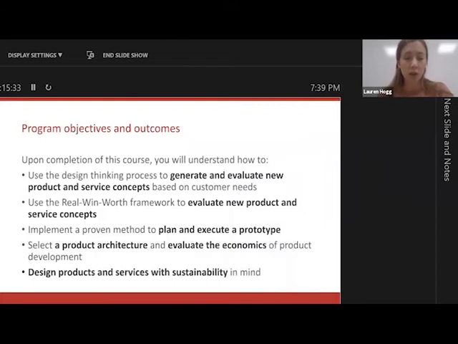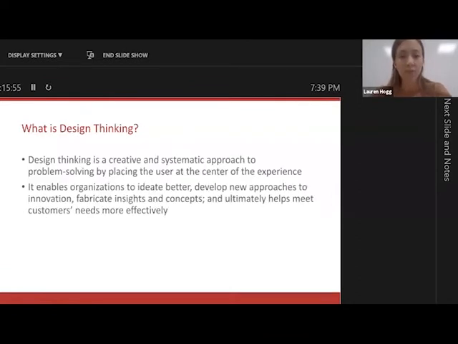You will use a real-win-worth framework to evaluate new product and service concepts, implement a proven method, and plan and execute a prototype. And then we're going to select a product architecture and evaluate the economics of product development. And then finally, you'll be able to learn to design products and services with sustainability in mind. So that will be your overall program objectives, and I'll hand it over to Isabella to talk through more about